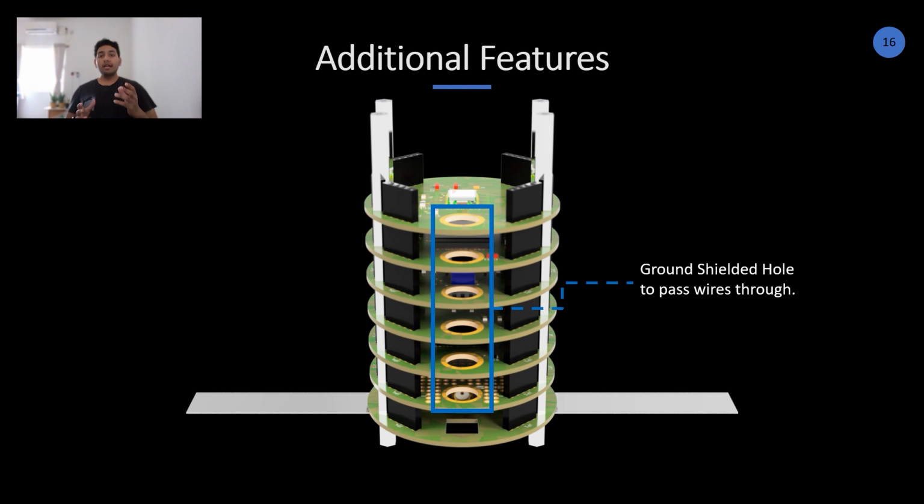Now that means that all the boards are interchangeable, so if you want the onboard computer all the way on top, you can put the onboard computer all the way on top. If you want to put it all the way in the bottom, you can put it all the way in the bottom. You can keep interchanging the boards any way you want, and the communication will still be perfectly fine, because everything is connected to everything on this CANSAT. I mean, all the subsystems are connected to all the other subsystems on the CANSAT. That gives you the freedom to switch your boards around. So that's another additional feature.